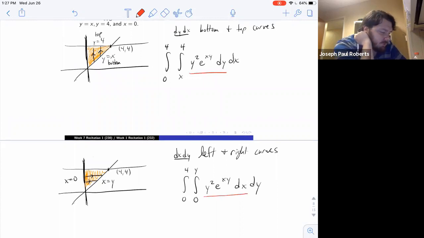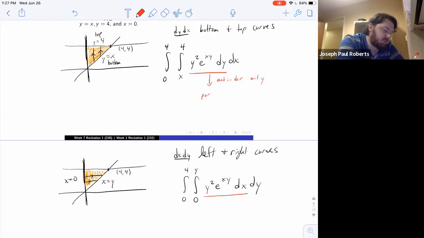It has to do with looking at the function y squared e to the xy and deciding, is it more complicated if you think of x as a constant or if you think of y as a constant? I think it's easier if you pretend y is a constant, because if I'm trying to do y squared e to the xy with respect to y, antiderivative,